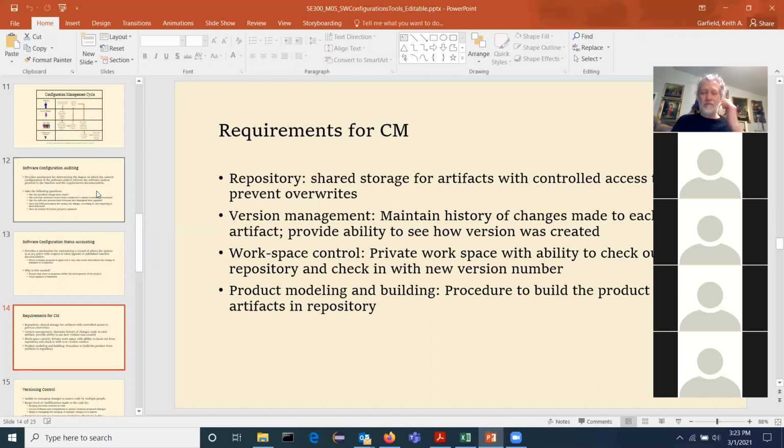You've got a problem on your hands that has not shown up yet. So that's what the workspace control is: a procedural mechanism by which people get access to the code and then modify the code. And again, it depends on how formal your systems are. But all of these systems will have the basic check-in code, checkout code, modify it, check it back in. All of them have that basic